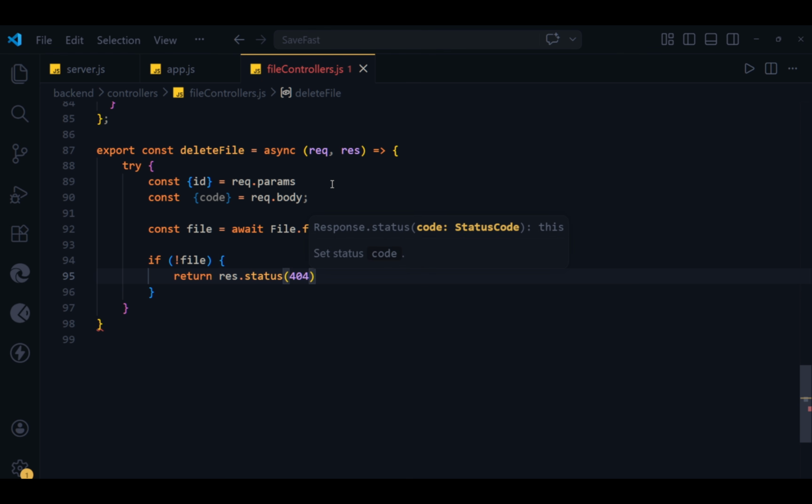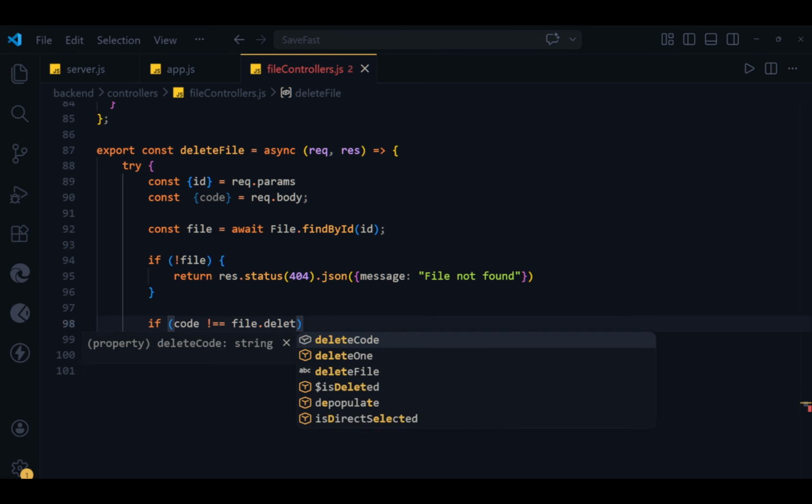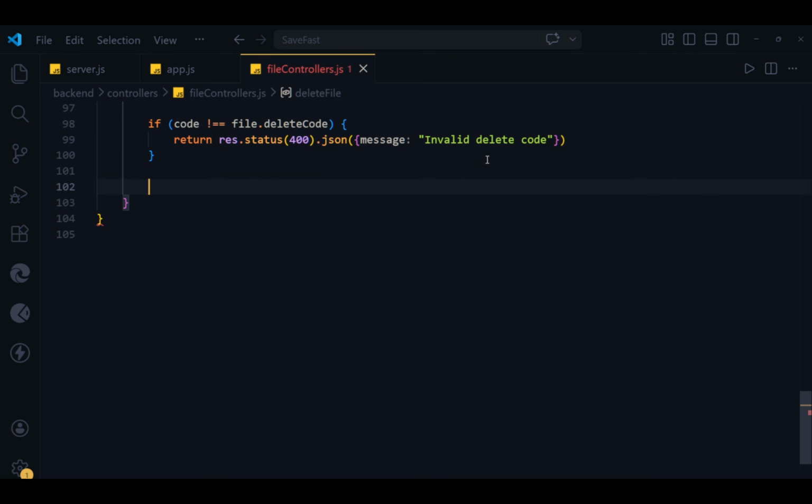If the file does not exist, we return a res.status 404 and send a JSON message of file not found. Below that, we will write another if statement. If the code does not match file.deleteCode, we return res.status 400 and send a JSON message of invalid delete code. Below that, we will await